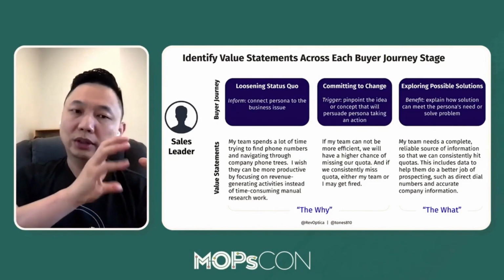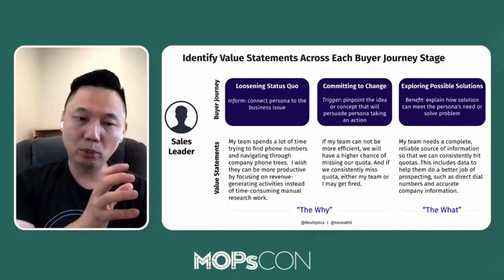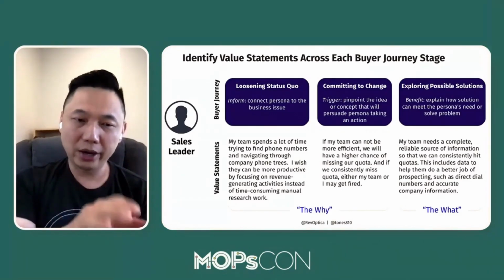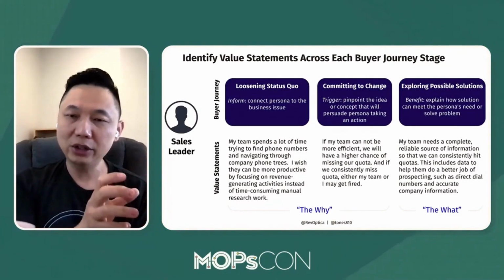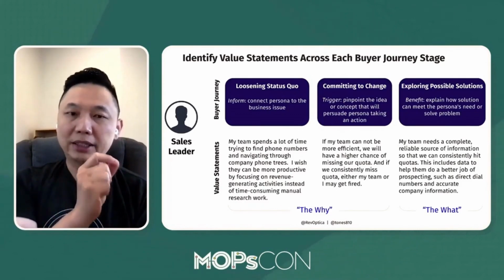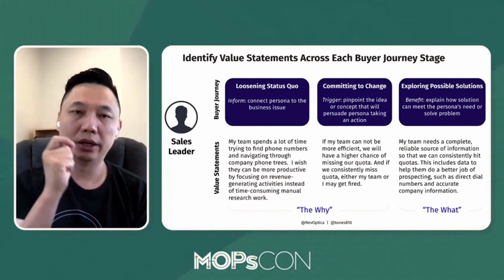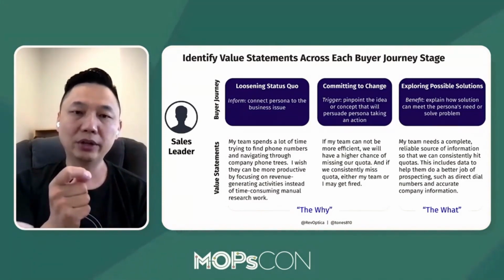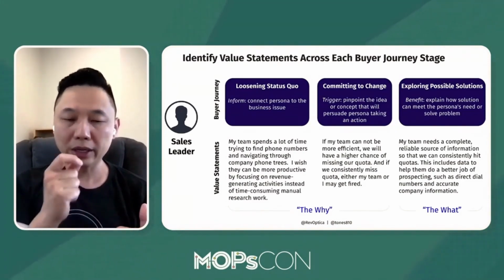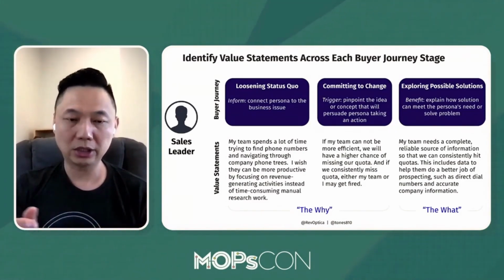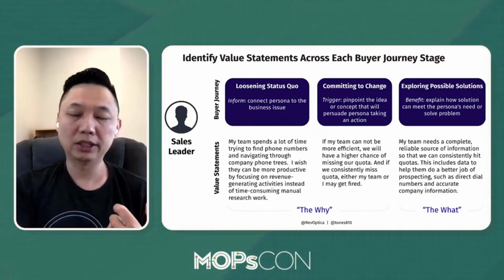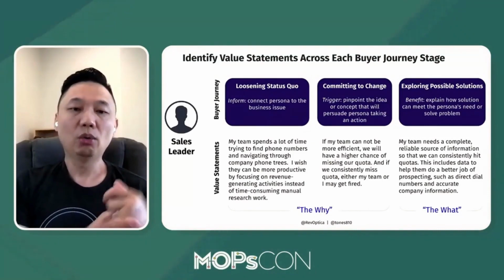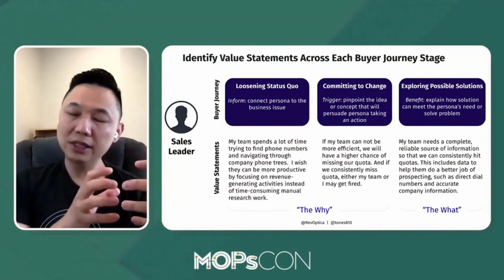And so if you can convince them of that as a pain point, there's another layer. And again, this is just a summary, but the layer behind that value statement is: if my team is not focused on activities that generate revenue and they're wasting a lot of time, that's going to impact my entire sales organization's capability of hitting quota. And that kind of leads into stage number 2, committing to the change,